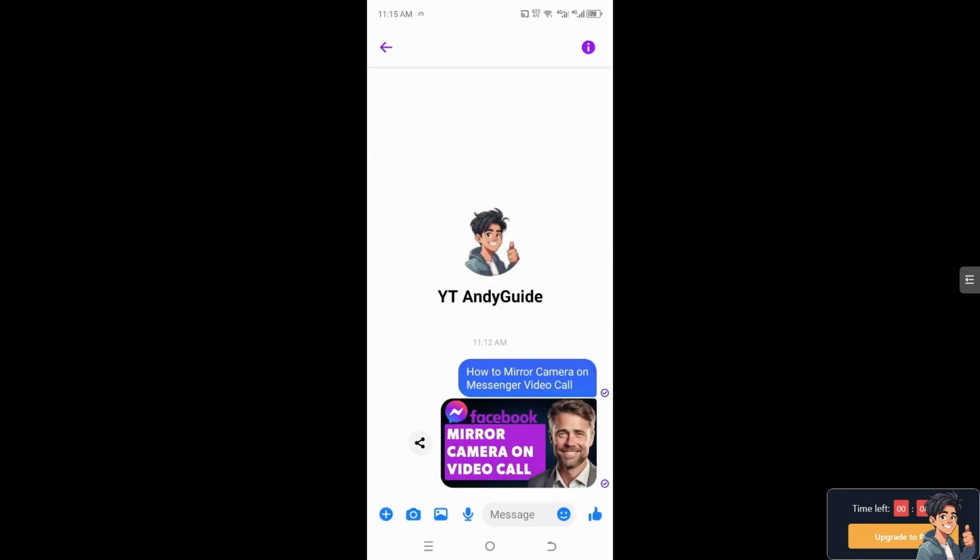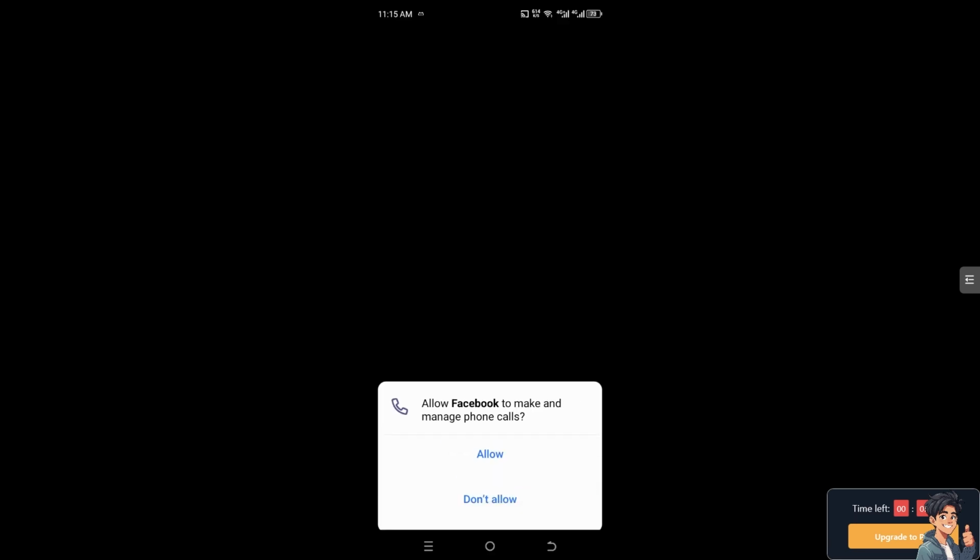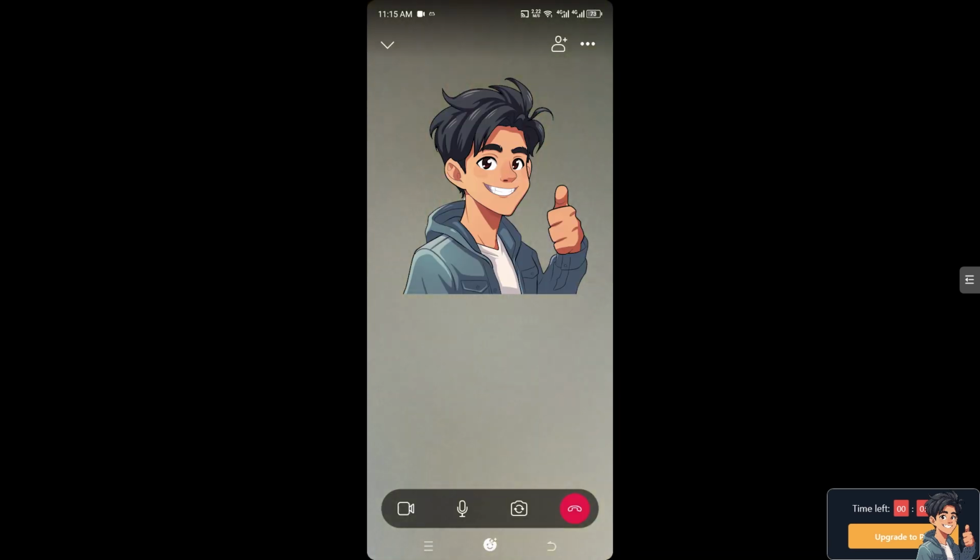Now, once you are on your Facebook Messenger, if you click on the video here and try to call someone, now you see you can't really find the camera or mirror camera here on the video call for your Facebook app. Now, for you to be able to fix this issue, all you have to do is go to your